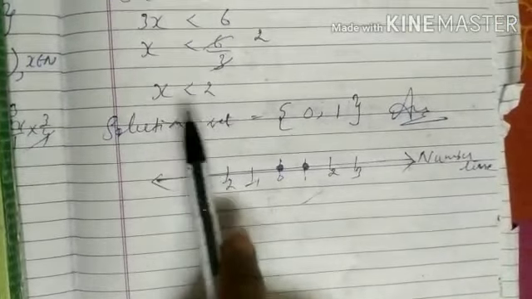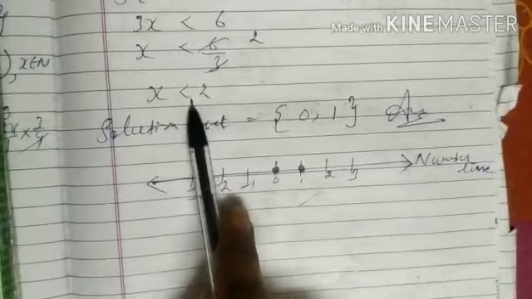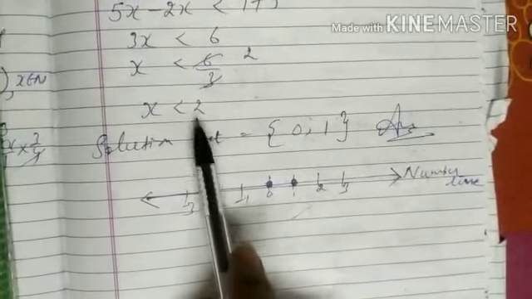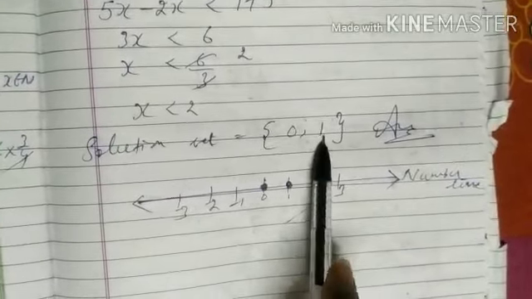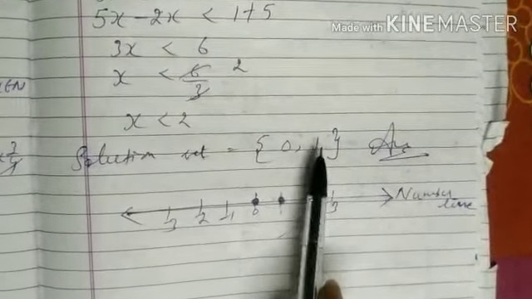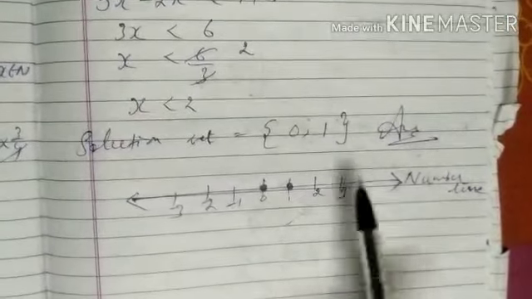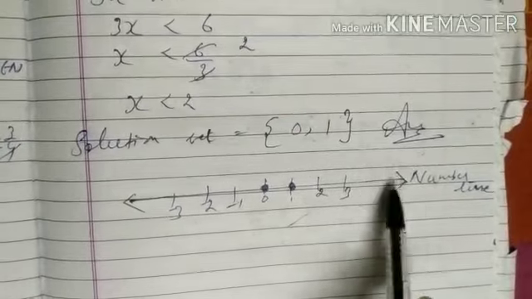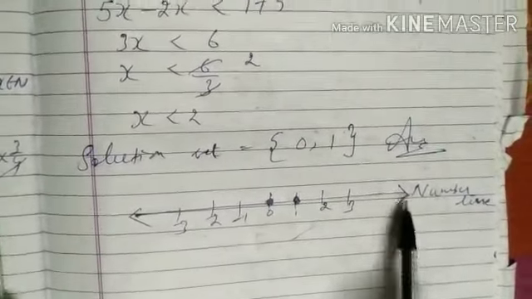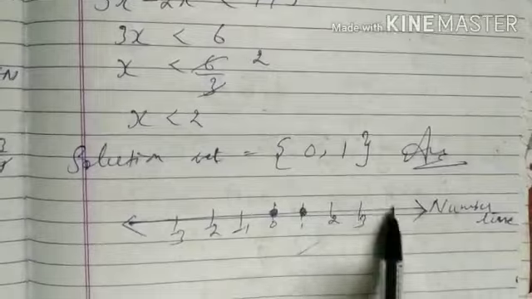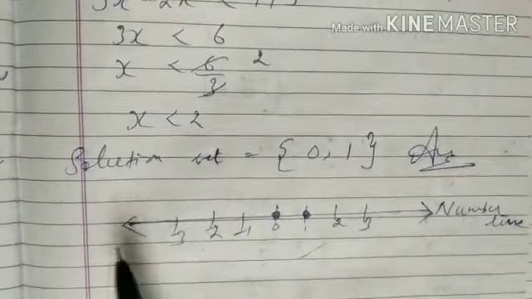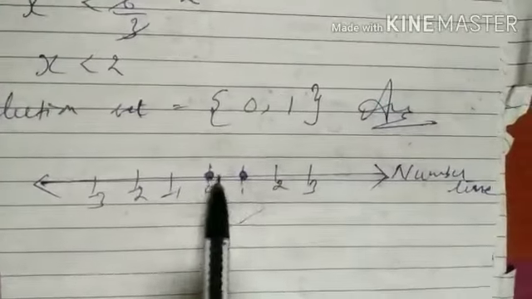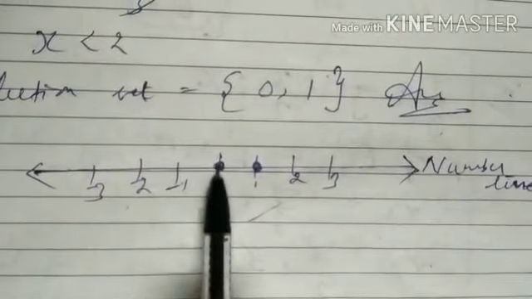So our solution set, which numbers are less than 2 and they will be whole numbers. Whole numbers start from 0. So less than 2 whole numbers are 0 and 1. So our solution set is 0, 1. We will show it on number line. First we will take scale and pencil for making number line. In center there is 0, right side positive numbers, left side negative numbers, and we will show 0 and 1 with thick dots.